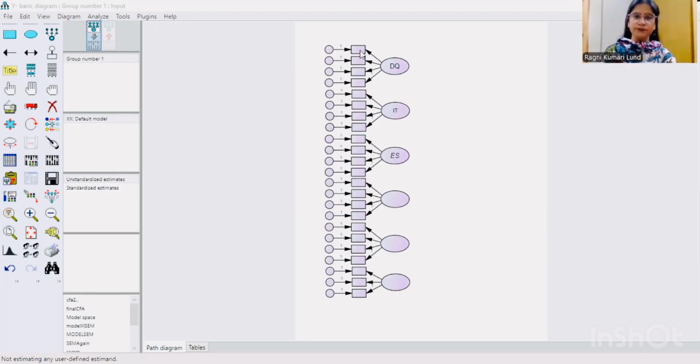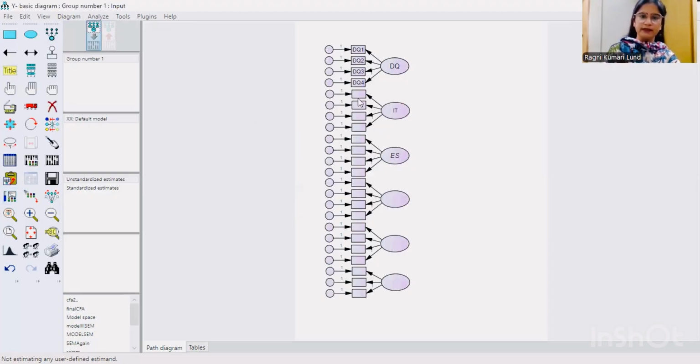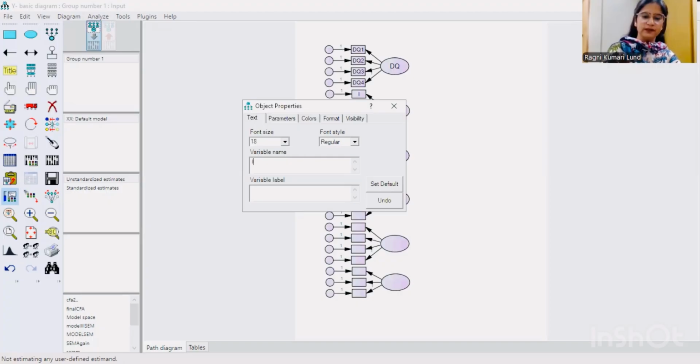And in DQ, we have 4 items. So DQ1, DQ2, DQ3, DQ4, and IT. Again, in IT, we have 4 items.